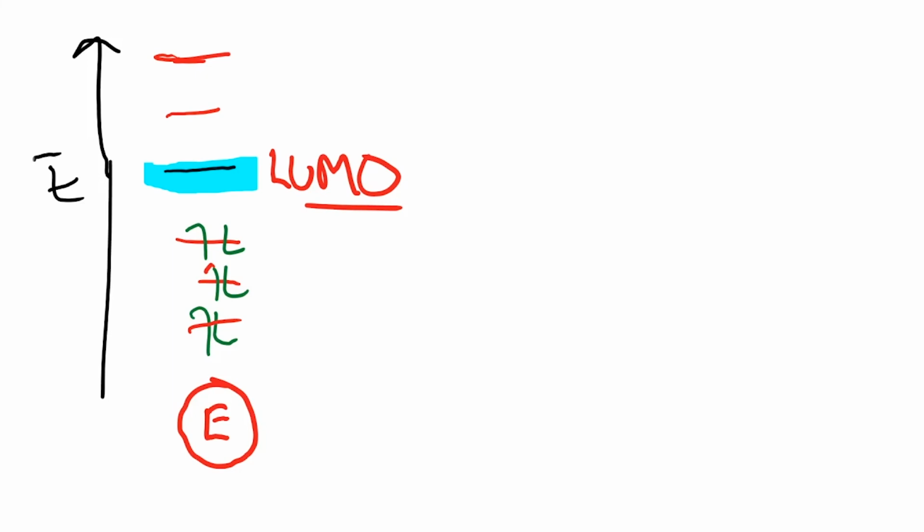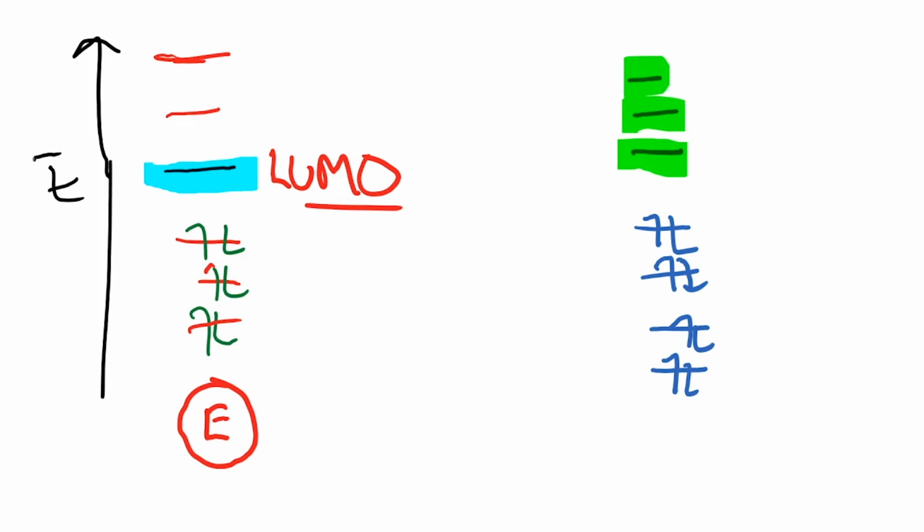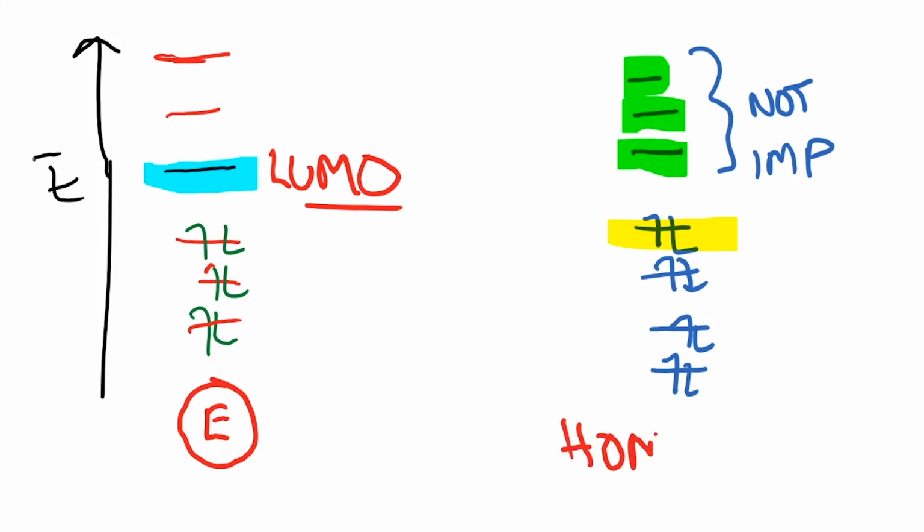orbital. Now if I were to construct a similar picture for the nucleophile, it also may have several occupied orbitals, and there are going to be several other orbitals which are unoccupied, right? So these are all free orbitals, that is, they are vacant. Again, these are really not important. And in this case, the most important orbital that we need to concern ourselves with is this one, which is the highest occupied molecular orbital.